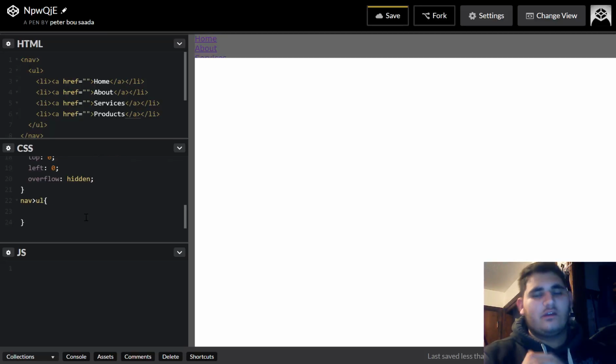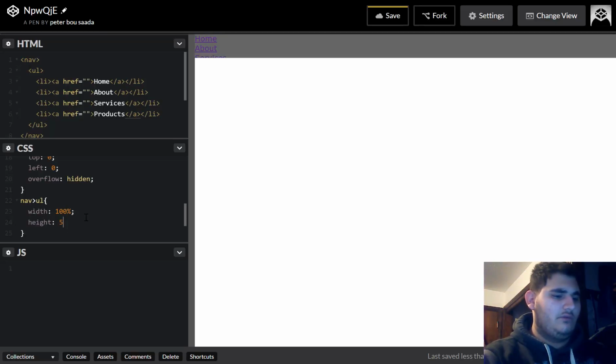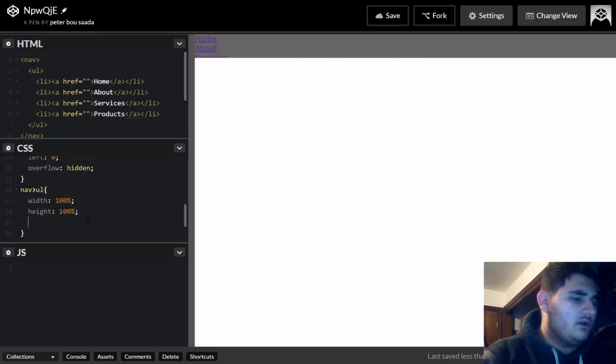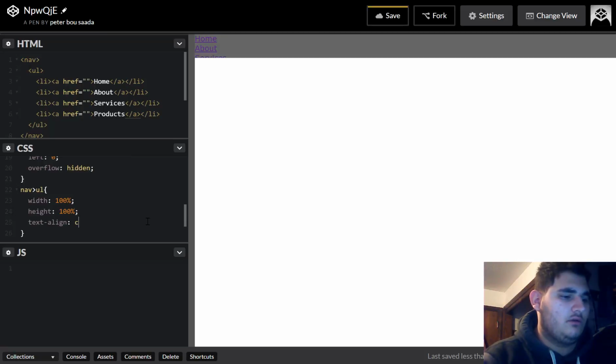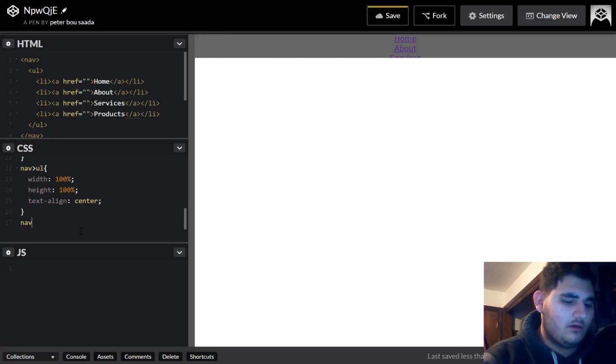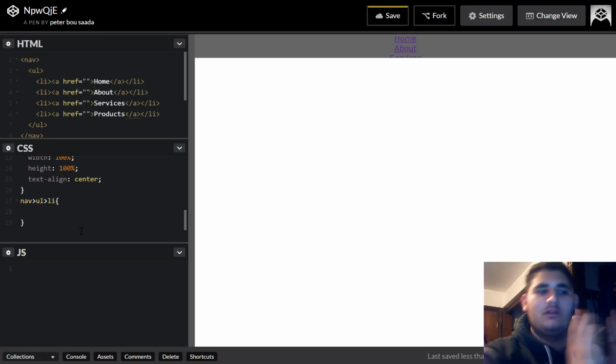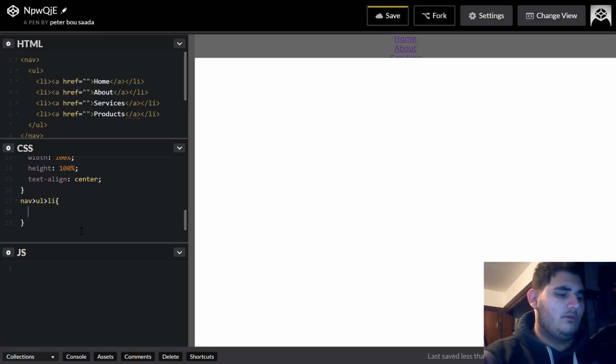It already has list style none. Let's make it width 100%, height 50%. Actually, let's do 100%. It will inherit 50 pixels from here. Let's do text align center. Now each one of these LIs in the UL, we're gonna make them display next to each other. So we do display block, float left,